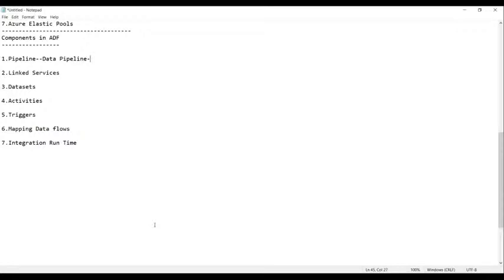It is used to carry the data from the source to the target. So hence we call it a pipeline.